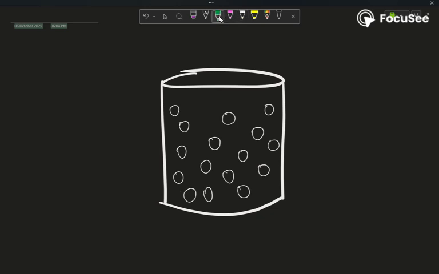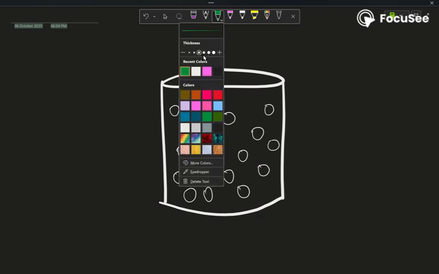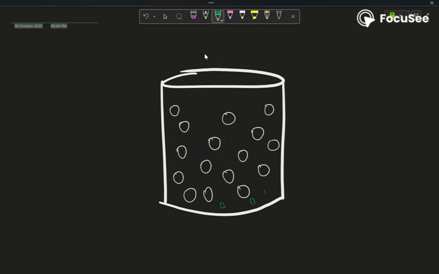I'm representing some sugar crystals by this green color. On adding sugar, what I find is, first, since I did not stir the contents, the sugar was not dissolved. When I took a spoonful of this water from the top, I did not taste any sweetness from it because the sugar was not yet dissolved.